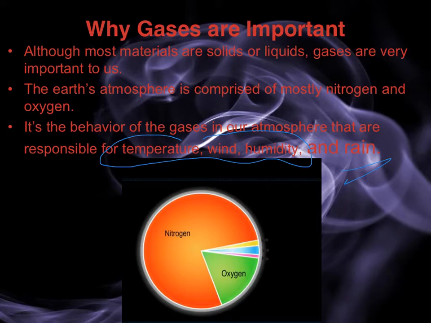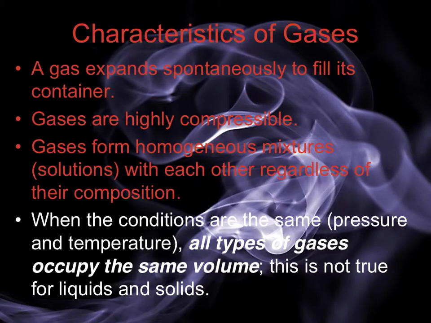Lots of people think the atmosphere is made up mostly of oxygen because we need that to live. But the vast majority of it is nitrogen. Oxygen is a good slice of it, though. All right, so some of the basic characteristics of gases that you've probably learned about for years, but it's kind